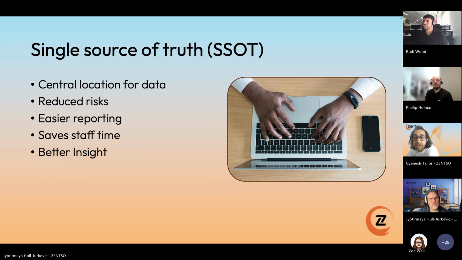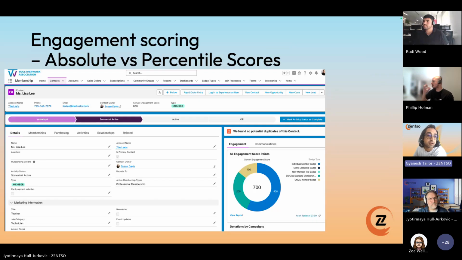So how does this actually look in your CRM? So we've got some images that we can show you. Generally speaking, there are two different methods to engagement scoring. And engagement scoring is just attributing value to a certain interaction, and different interactions will always differ